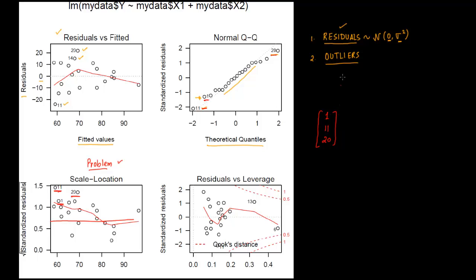Then we come to the outliers. We need to know what the outliers are. There are 3 outliers already coming into our picture because of the fitting of the residuals, but then there is also a leverage point, that is, outliers which might have a huge impact on the coefficients. That is given in Cook's distance. So the outliers come right here. Here 6, 13, and 11 are mentioned in the Cook's distance. You can see 11 is common everywhere. So again, you need to check 13, 6, and 11 and see whether this data is relevant to our data set, and if we remove it, what kind of results we get.